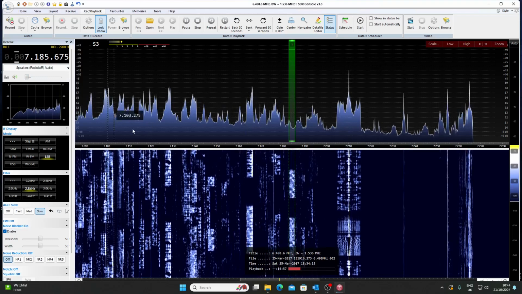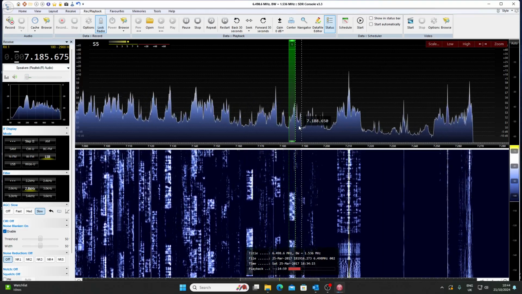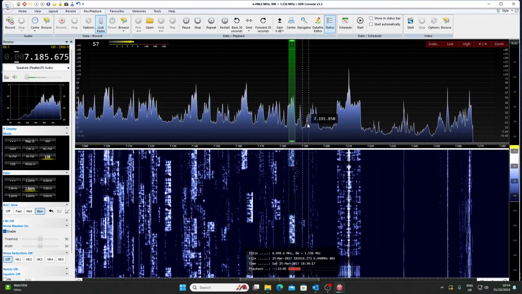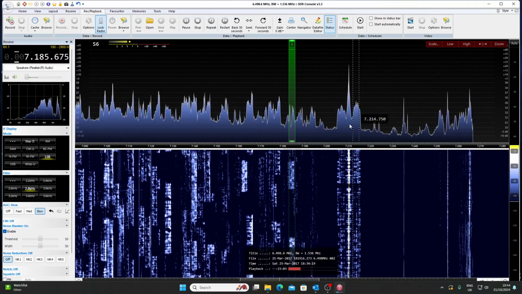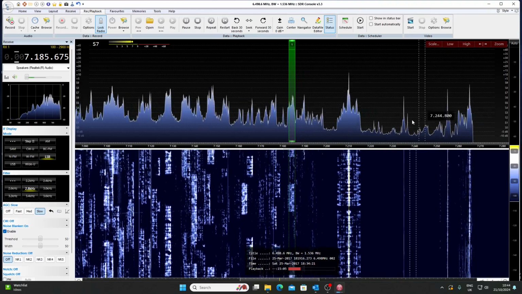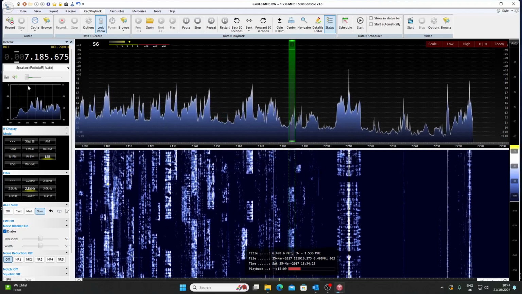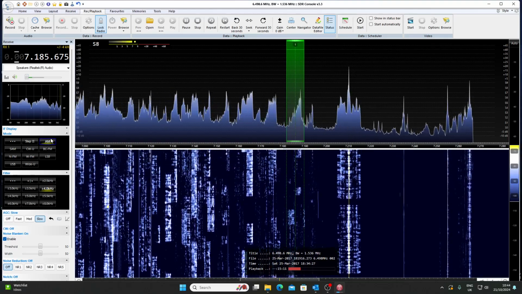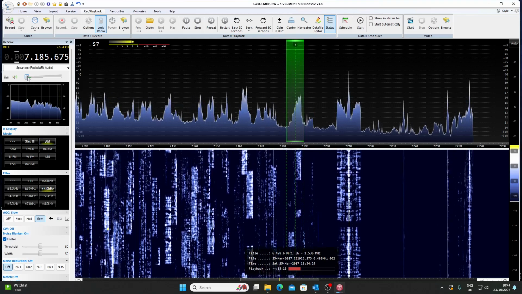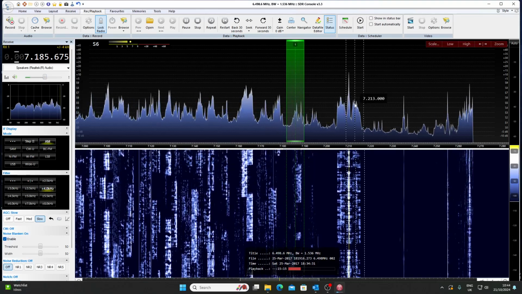Okay, now you can see again as we come out of the 40 meter amateur band. We've got some AM stations, so we've just caught part of the 41 meter broadcast band as part of our recording. So I'll switch to AM mode. I'll turn the volume up for you. And we've got